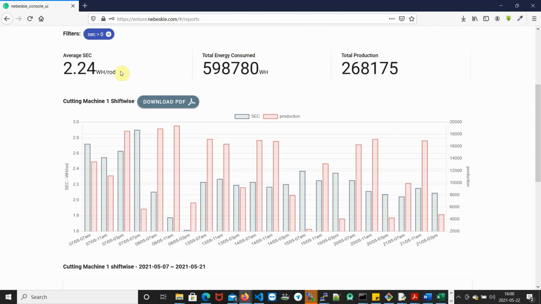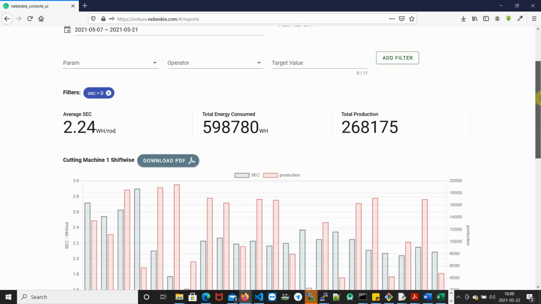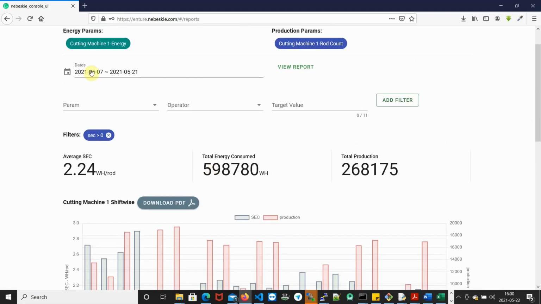Here we can see the average SEC and the total energy consumed. This total energy consumed is the energy entirely consumed during this time frame. So for this entire time frame, this was the total energy that was consumed, and this was the total production that happened. Okay,